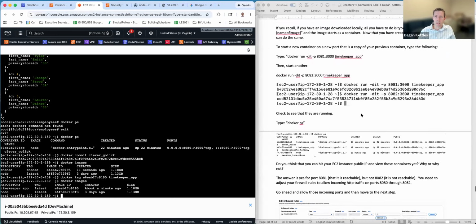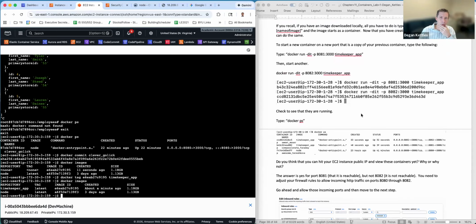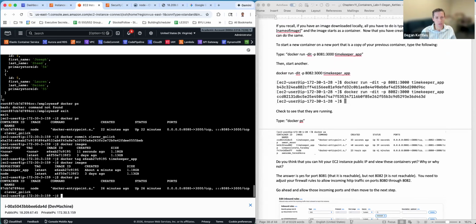Okay, now let's go ahead and launch another one. Just one more time, let me type something. So Docker PS, what I have running in real time right now is a container on port 80. Now let me launch another one and put it on 8081, but I'm going to launch it from my saved one. So I do Docker run detached interactive terminal 8081 port 3000. So it's going to be a completely separate one, and it's going to be launched from